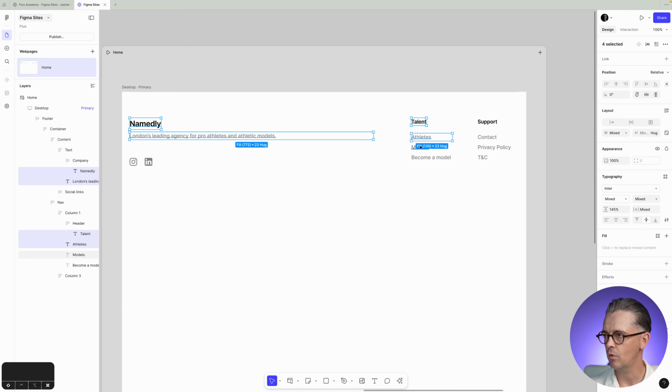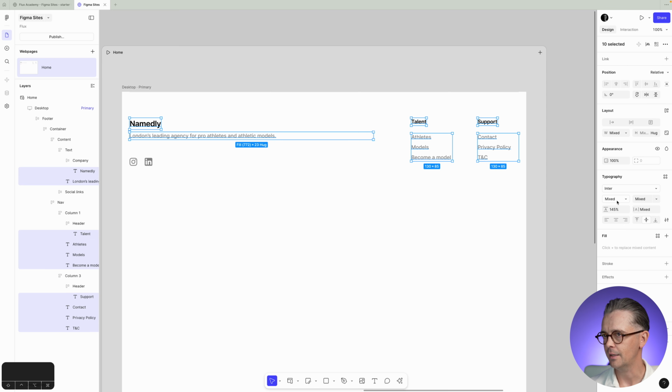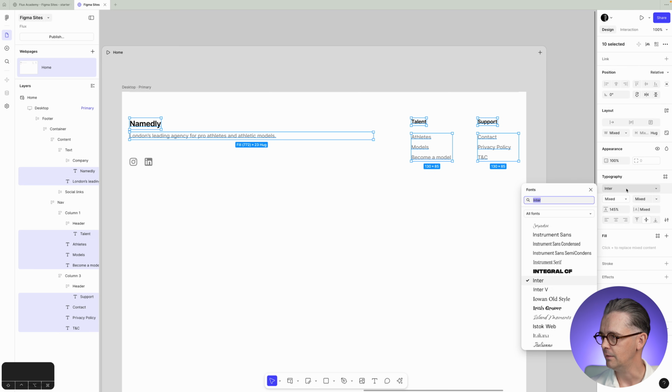And I'm going to select all the different text here that we have, and then I'm going to change the font. So over on the right, because we have text selected, this typography panel has popped out, and the font name is Inter, and it's mixed. We have different weights of Inter. That's the typeface. So we click on Inter, and then we type in the name of the font that you